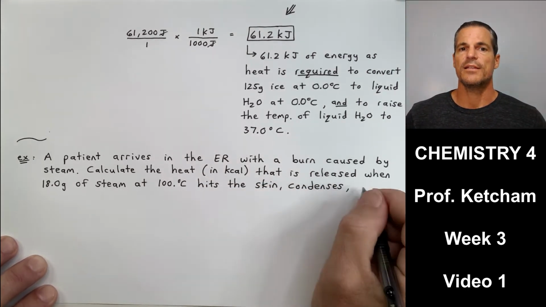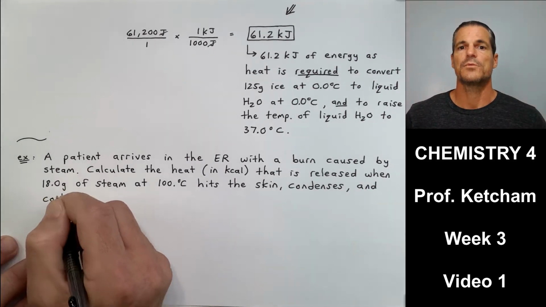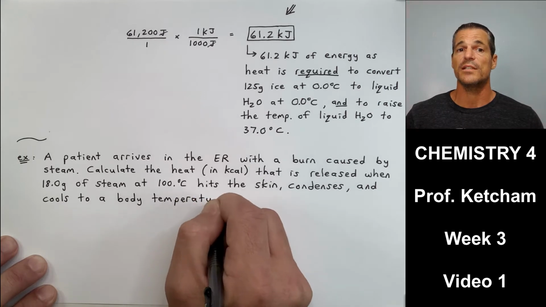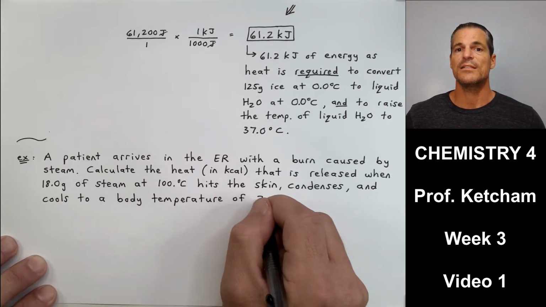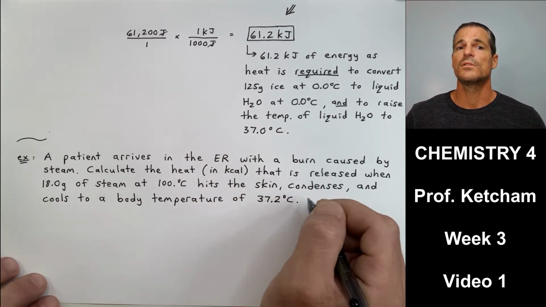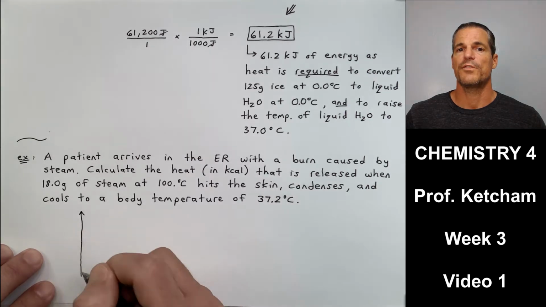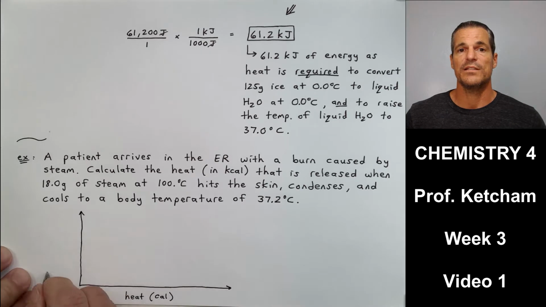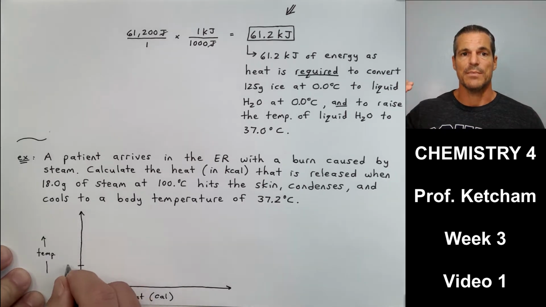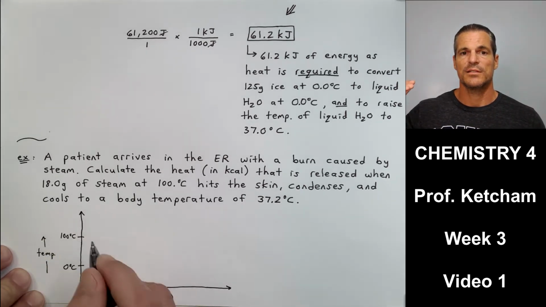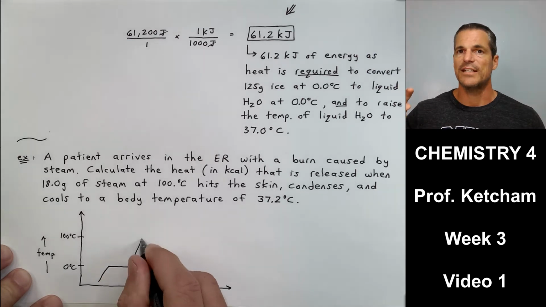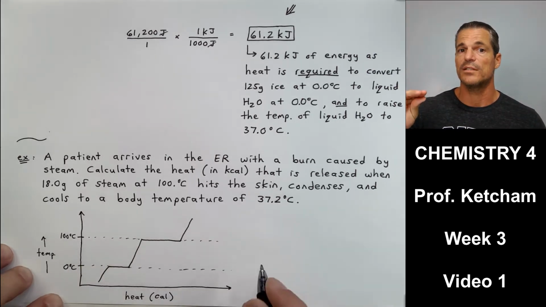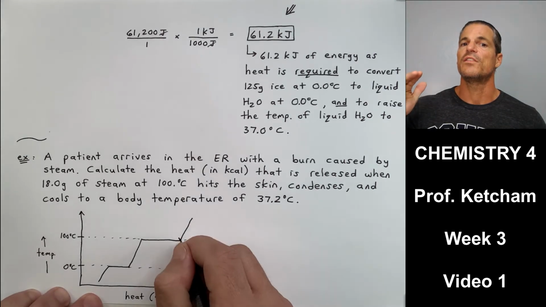Calculate the heat in kilocalories that is released when 18 grams of steam at 100 degrees Celsius hits the skin, condenses, and cools to a body temperature of 37.2 degrees Celsius. All right, so the way I read this is that we have steam at 100 degrees Celsius, and then condense means go to a liquid. So we're going to go to a liquid at 100 degrees Celsius, same temperature, and only then